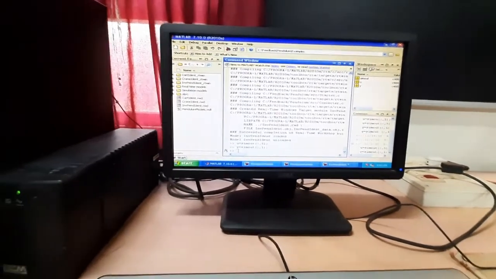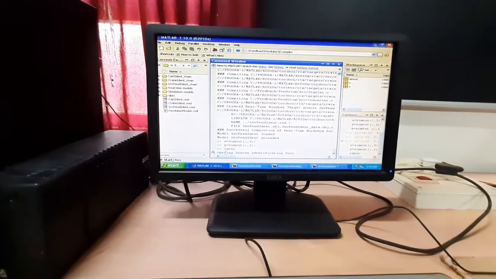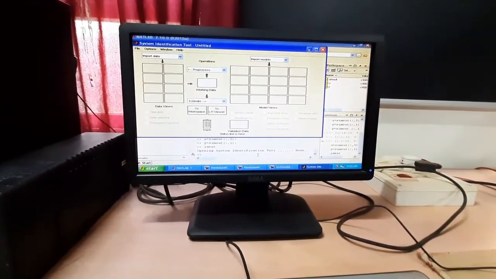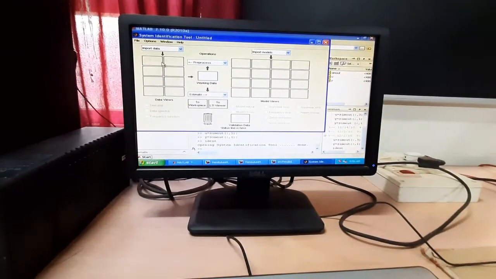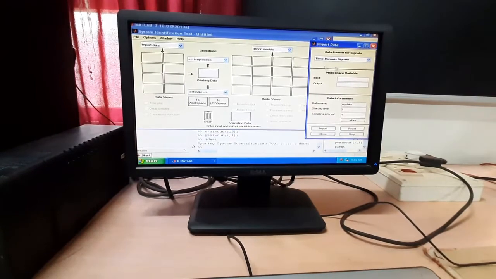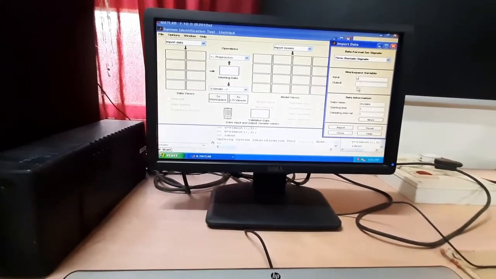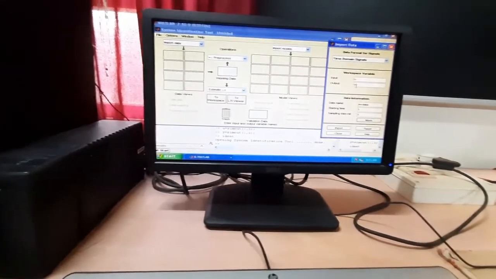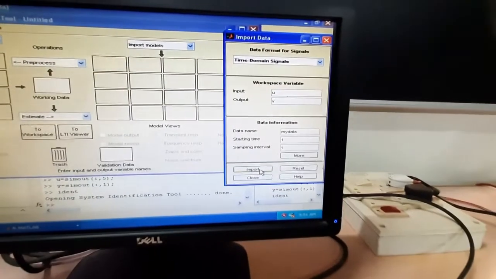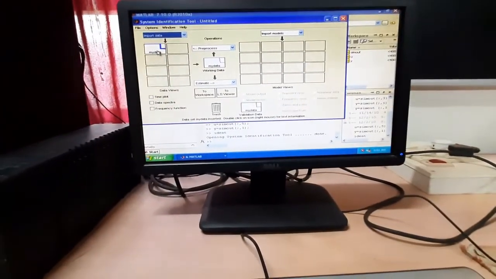Next we have to type ident, then press enter, and our system identification tool will open, and we have to click on import time domain data. Input we have assigned u and output y. We have to import this. It is showing here.